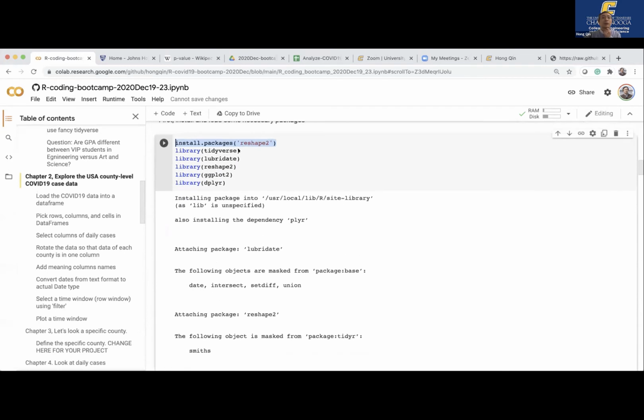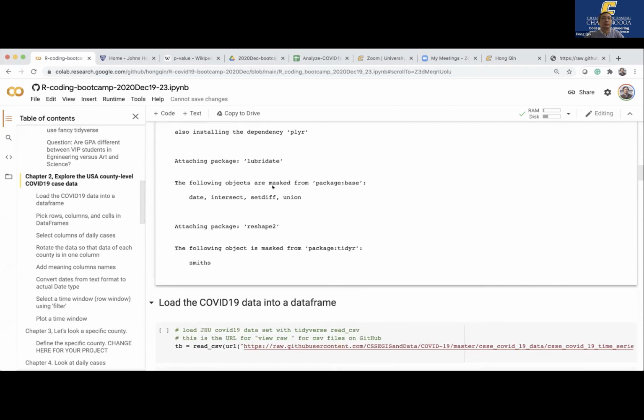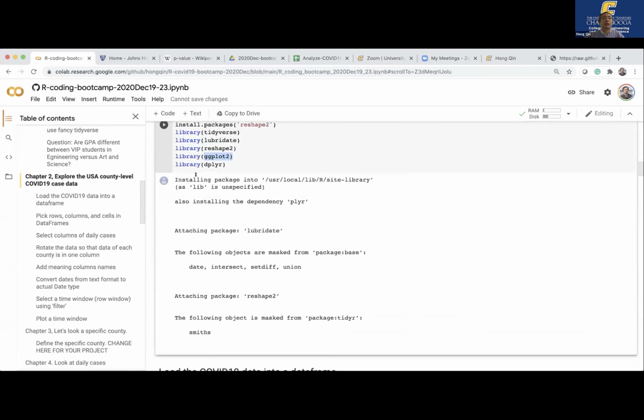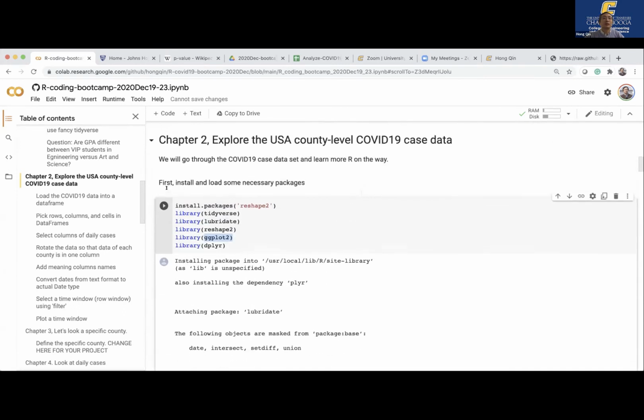In this case, we have the tidyverse, reshape, and lubridate, which is for time, to convert the year and the date. And then we also have the library called ggplot to make some very nice plots. Okay, so once that is done,